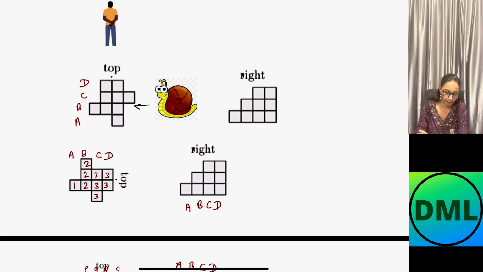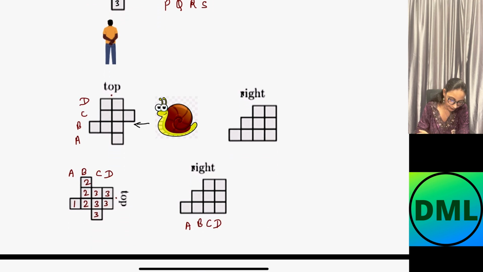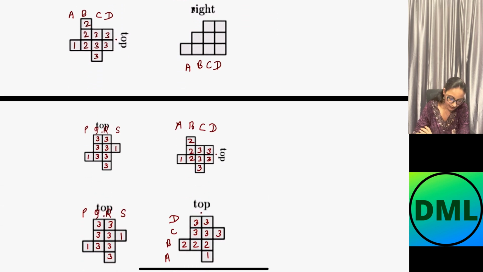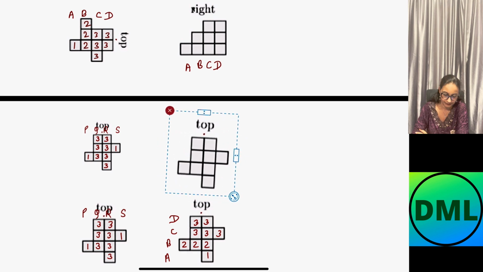We need to compare the top figure which we have filled the numbers in here and the right figure which we have done here. I placed both of them here for you. If we have to compare both of them, we can't compare it because here there are 2 cubes and here there is only 1 cube. If you remember, we have tilted our top figure while writing down the right side. We should again move this figure and make it like that.